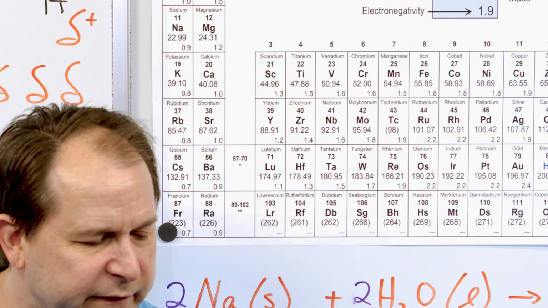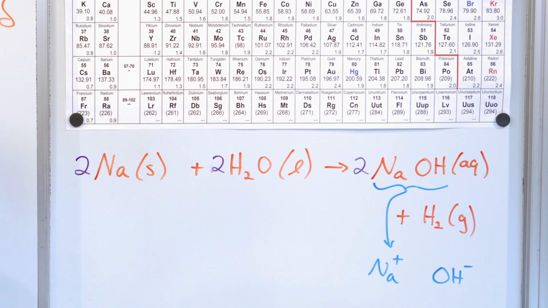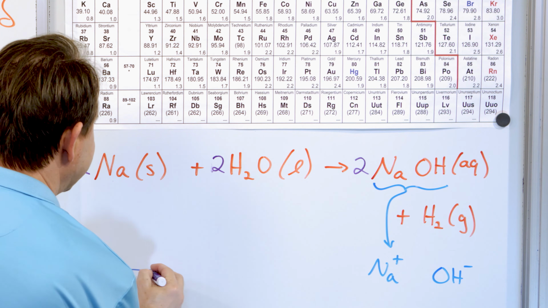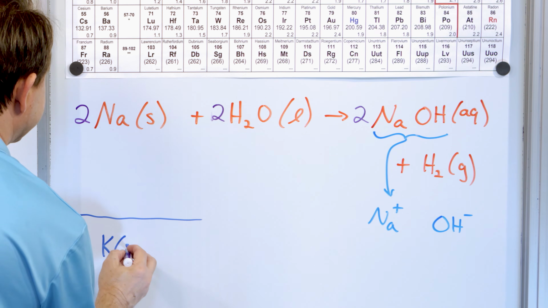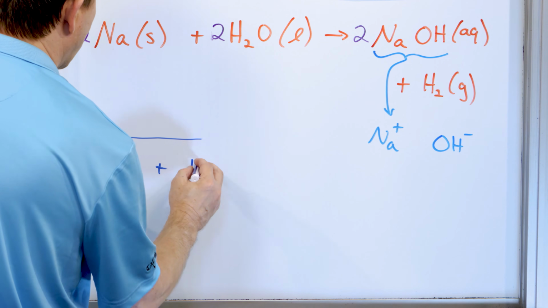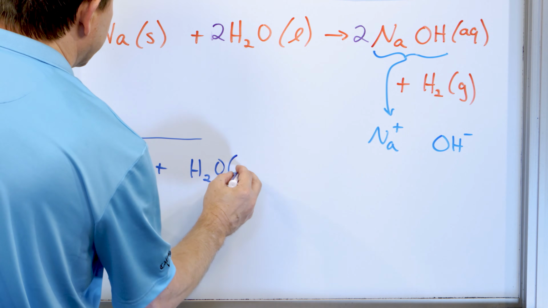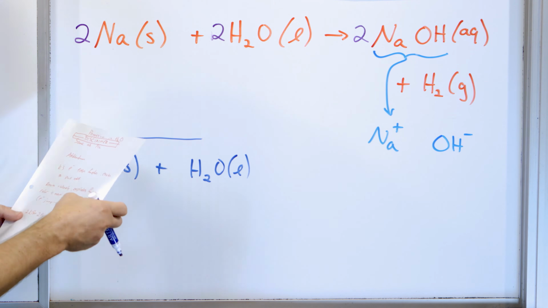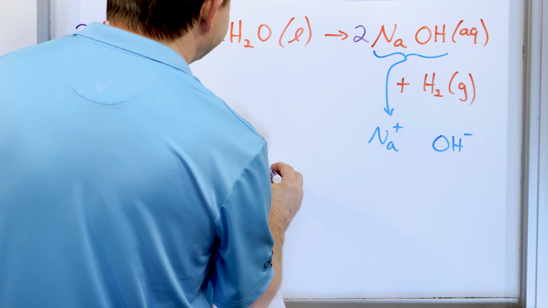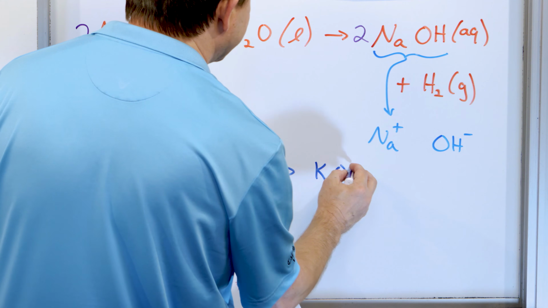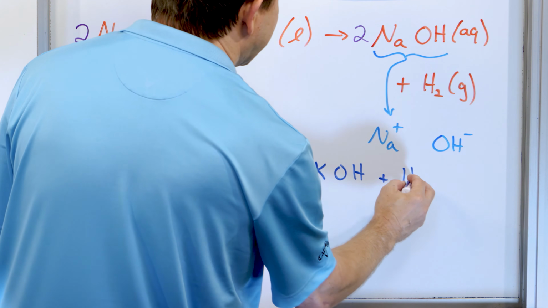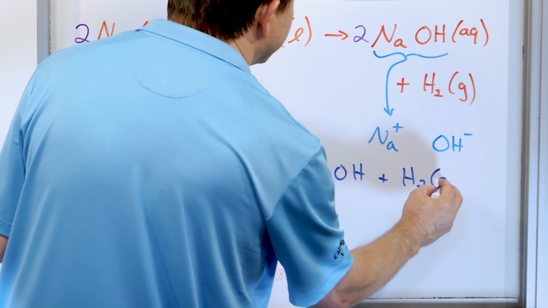So the only thing I want to really add to the lecture, since we've already said that the outermost electron is even easier to pull off there, is I want to write down the reaction so we can see. If you put potassium, which is a solid, into water, which is a liquid, what's going to happen? It's going to mirror what was going on here. But instead of producing sodium hydroxide, it's going to produce potassium hydroxide and hydrogen H2 gas, which will then ignite